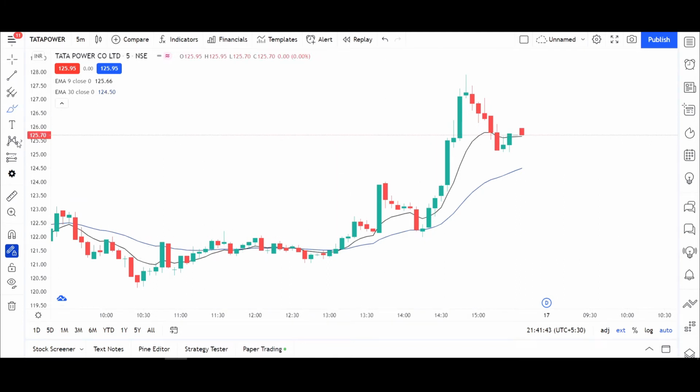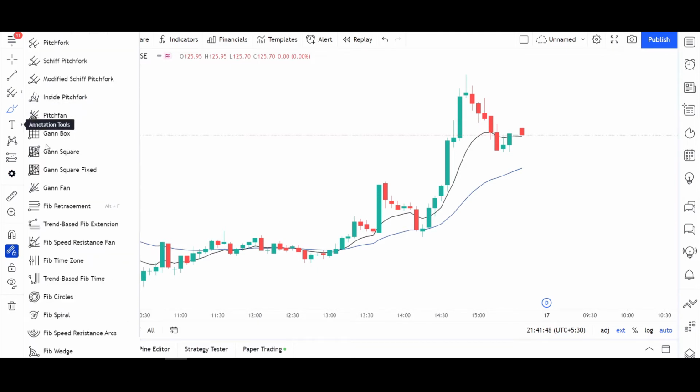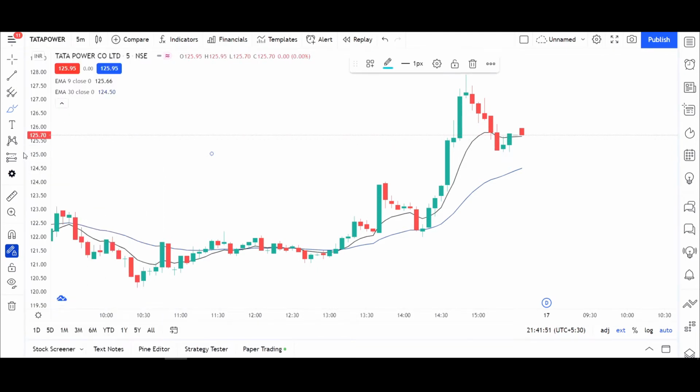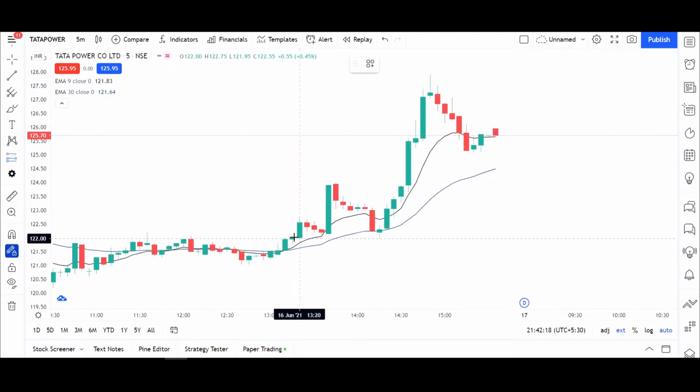So how do you get confirmation that the market is now going to take a bullish trend? For that we have to wait for one 5-minute bullish candle to form above the 30 EMA, taking support from the 30 EMA, taking support from our buy signal, our buy point right here. And we have to enter on the next candle, and we also have to see if the next candle is indicating a strong bullish movement.